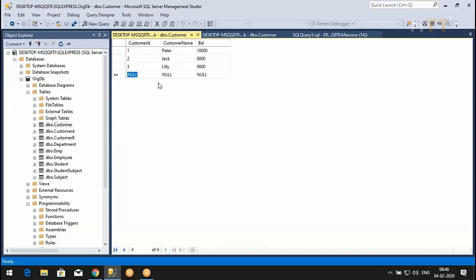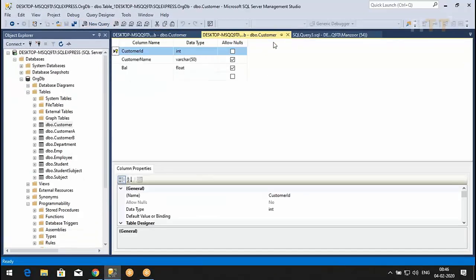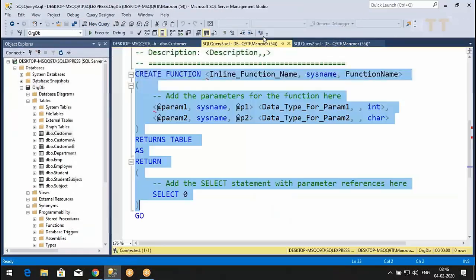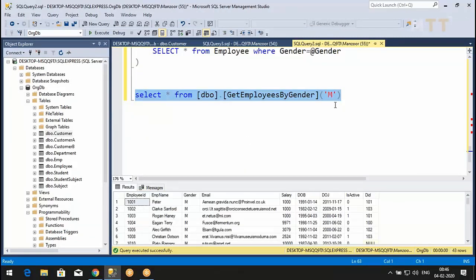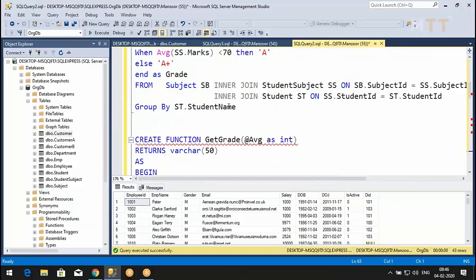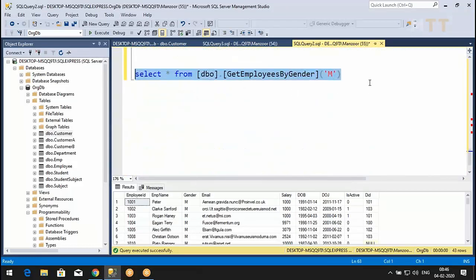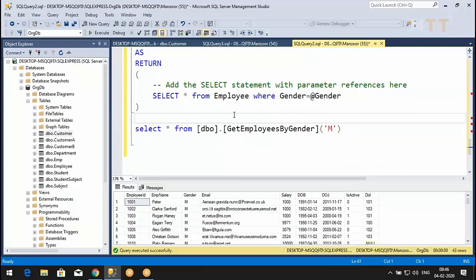Fine. Now I'll use the same query window instead of a new query, so that you can have everything in the same place. For create function, we have the same alter function and drop function, nothing new in that.